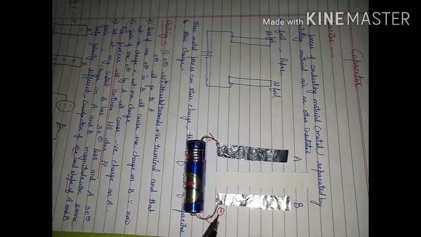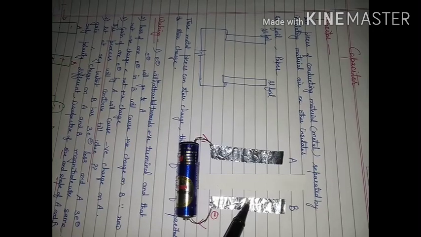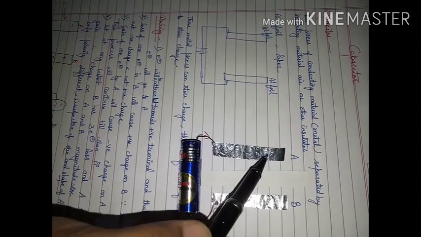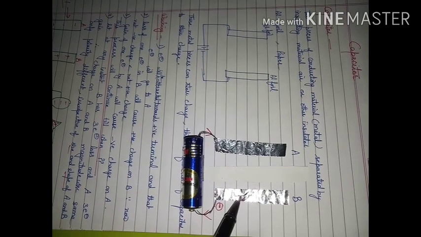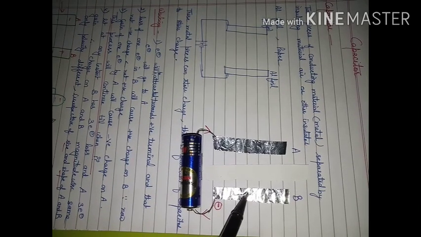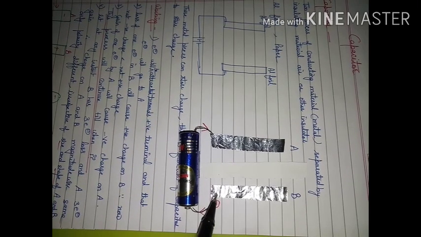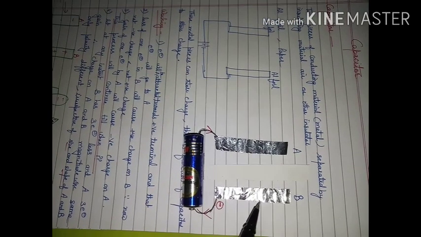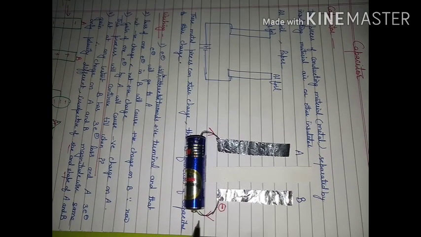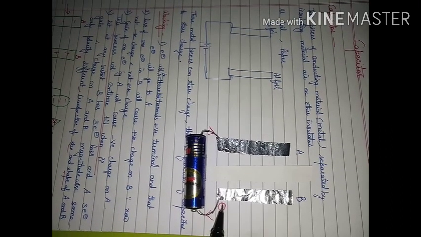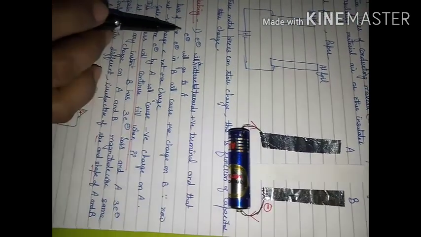So there will be a loss of electrons from B. As many electrons are lost from B, the same number will be gained by plate A. When one electron goes away from B, it gains positive charge, because it was first neutral, and after loss of an electron there is no balance between positive and negative charge. Positive charge will be more, negative charge less. So if one electron goes away, the same amount of positive charge will be on plate B.